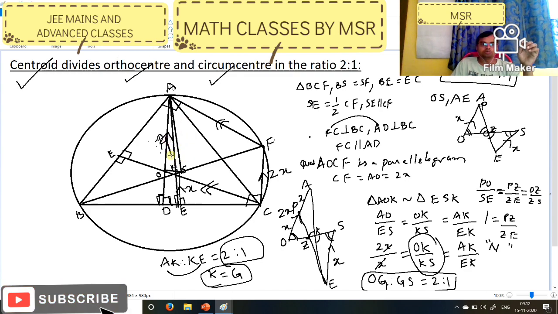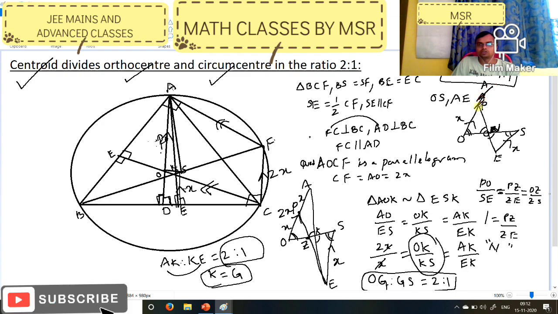Now join PK. Here K acts as a wait. So in this point, this is the 9-point center, right? N is where it is here. Z we consider as N here. So we got that it is N. Now there is a point A. This A I am drawing here for your understanding.